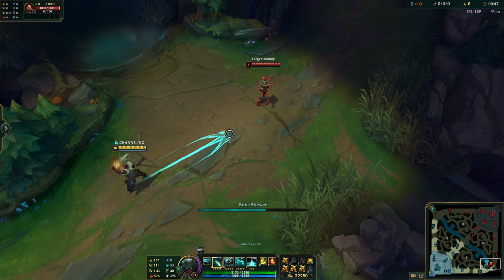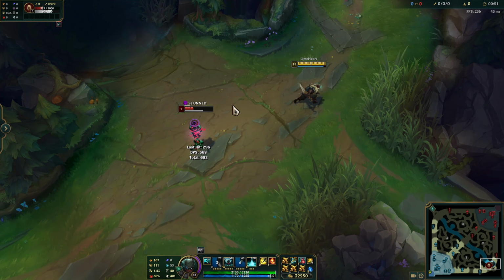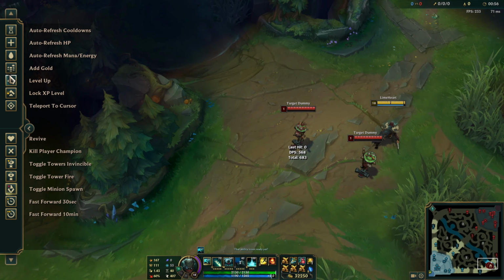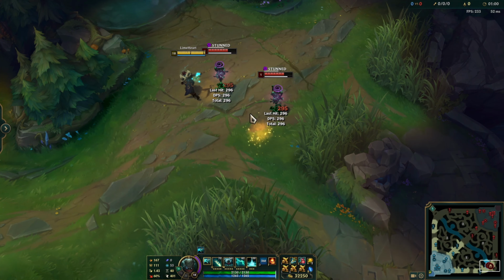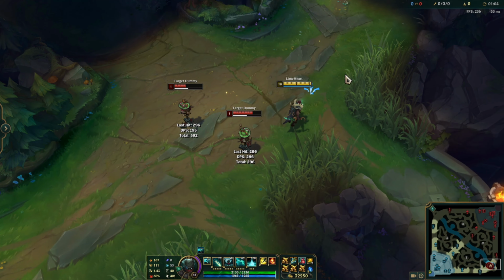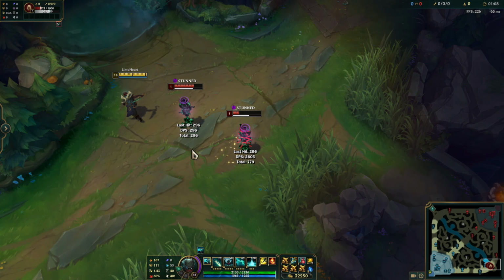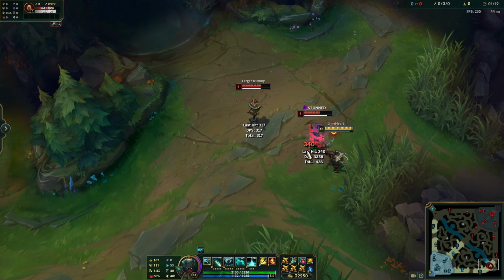Now for mechanics, Pyke really isn't a mechanically difficult champion. I've made other videos on my channel covering the basic combos, so I'll just show you how you could use them. But it's important to know the fundamentals, which are that your E follows you, and your Q slows them by a bunch. So just experiment with the combos. There's not really one set